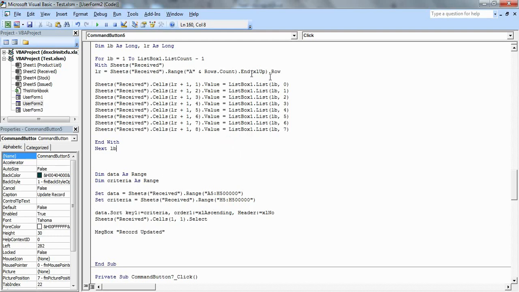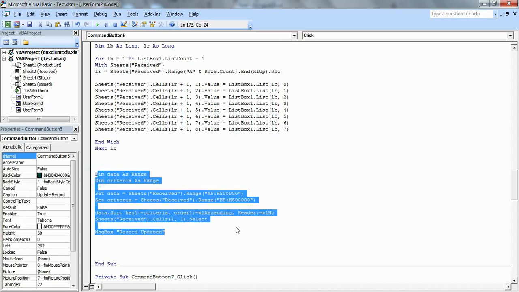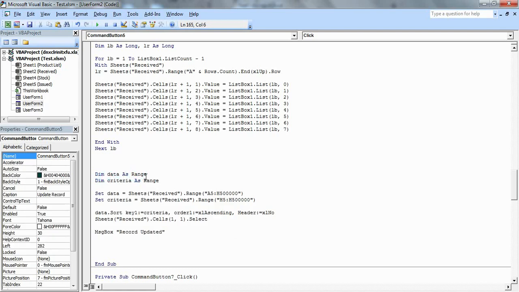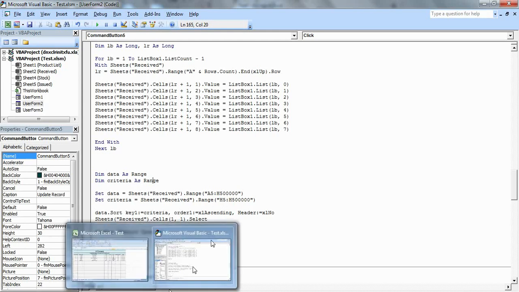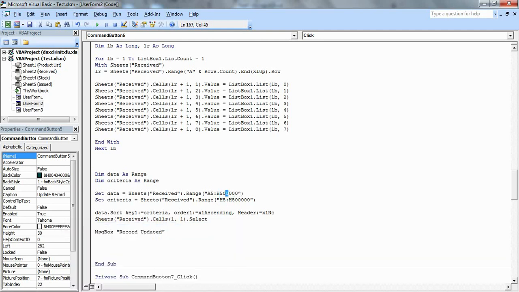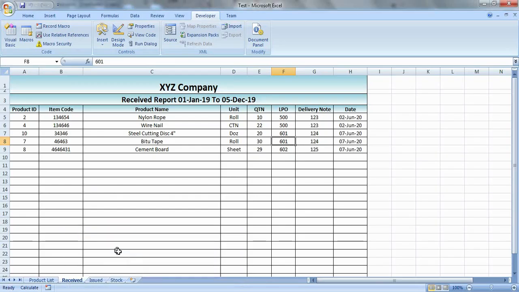Now this coding will be used to sort out your data. For that we will create two variables, Dim data As Range and Dim criteria As Range. For data, we have set data equal to sheet receive dot Range A5 to H50,000. Actually, if it's not 50,000, I think it is 500,000. I keep it so that you will not be required to change anything.